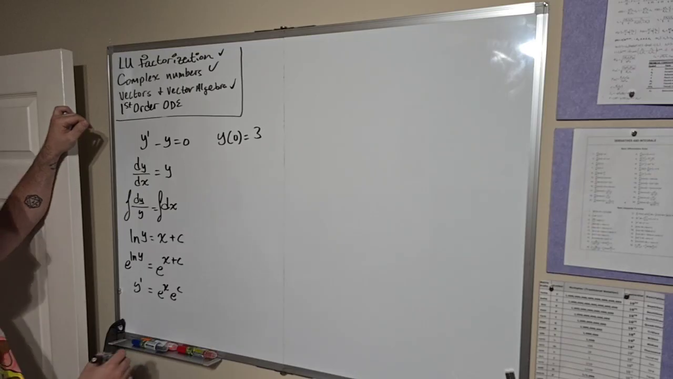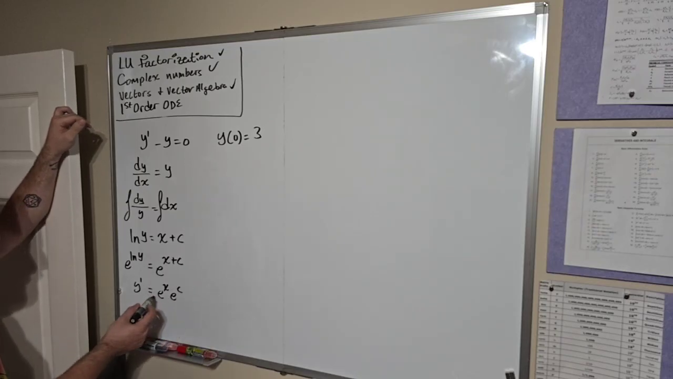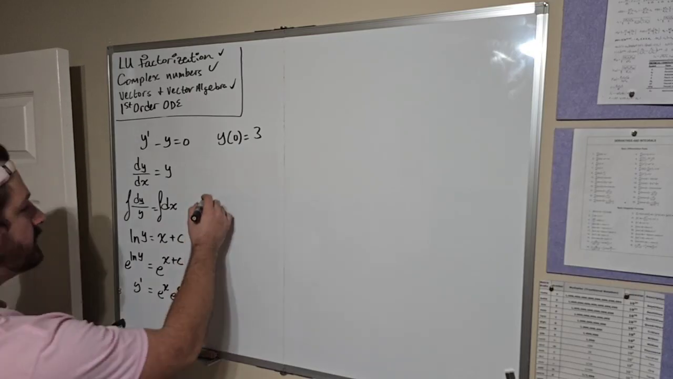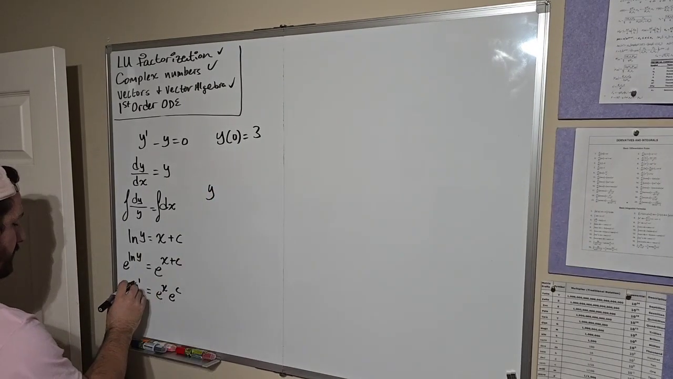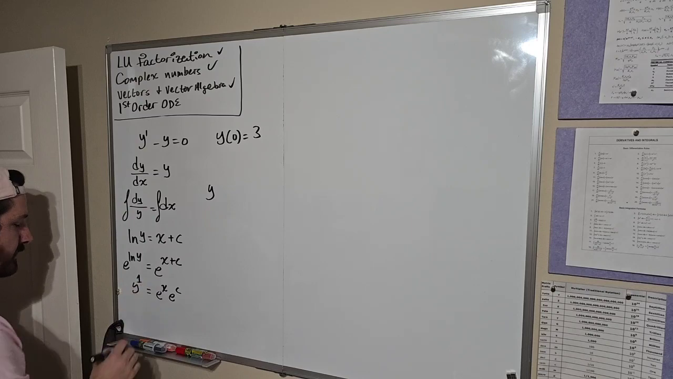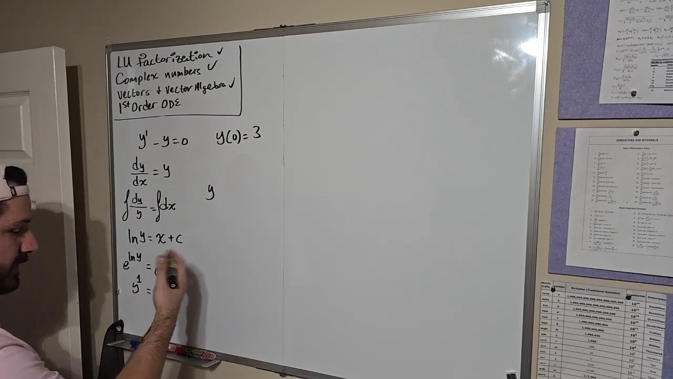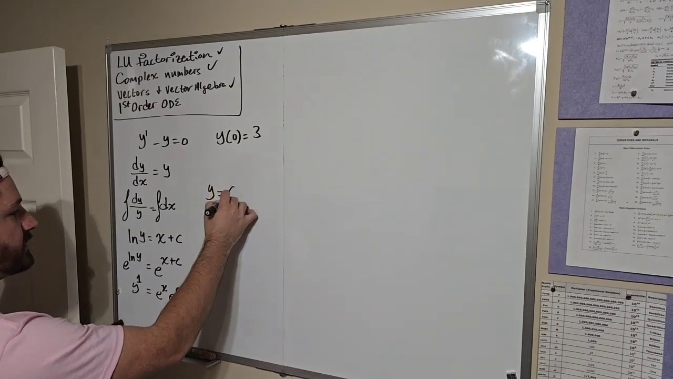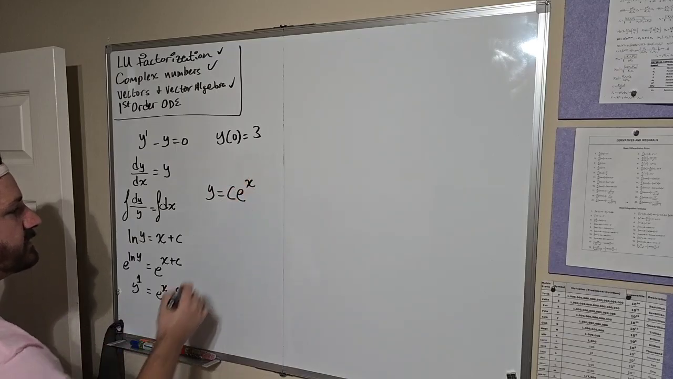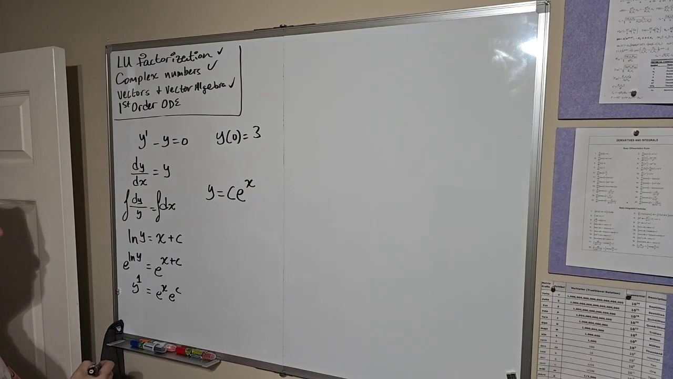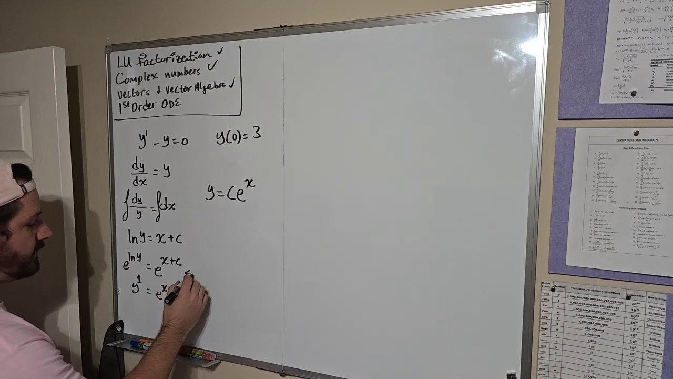Right? Now remember, e to the c is just a constant. So we can actually just turn that into another constant and put it at the front. So now we get y, I'm going to make this one a little clearer that it's a 1. There we go. So we just get y to the first power, so just y, is equal to c e to the x. Okay? So this is our